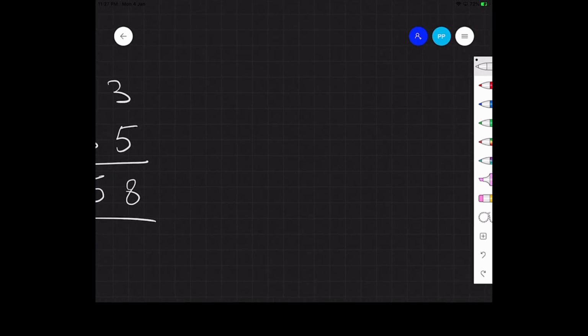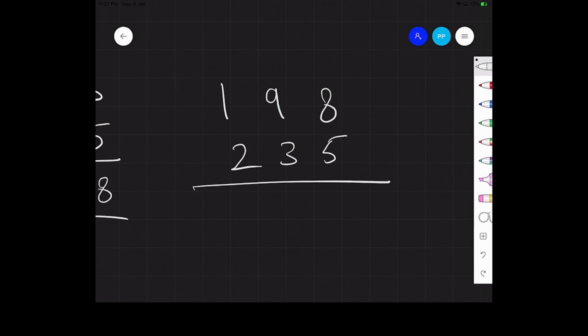Now take another example, a bigger number like 198. In this we want to add 235. How do we add this? We add 8 and 5, it becomes 13. We write 3 here and we have 1 as a carry forward. So we write it here. Now 9 plus 1 plus 3 is 10 plus 3, which is 13 again.